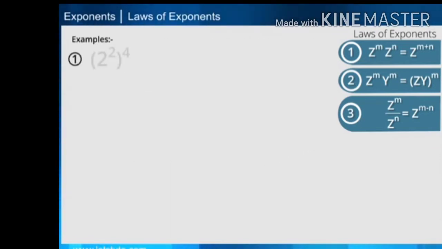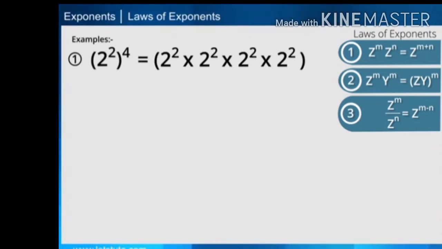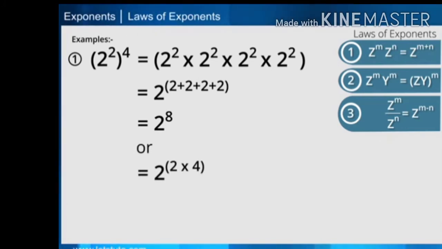For example, if we have an expression equal to 2 raised to the power 8, an easier option in such situations is to multiply the exponents, that is, here we have to multiply 2 into 4, which is equal to 2 raised to the power 8. Next example,